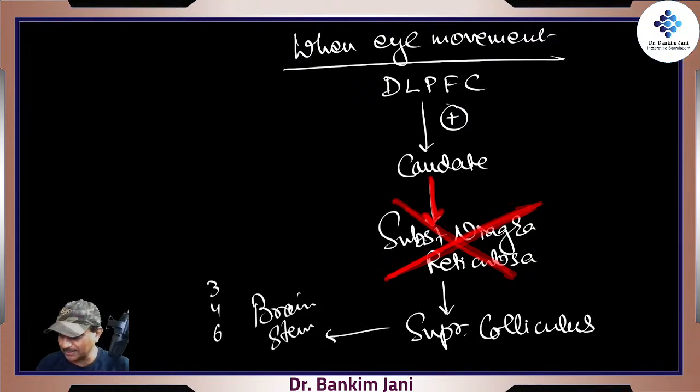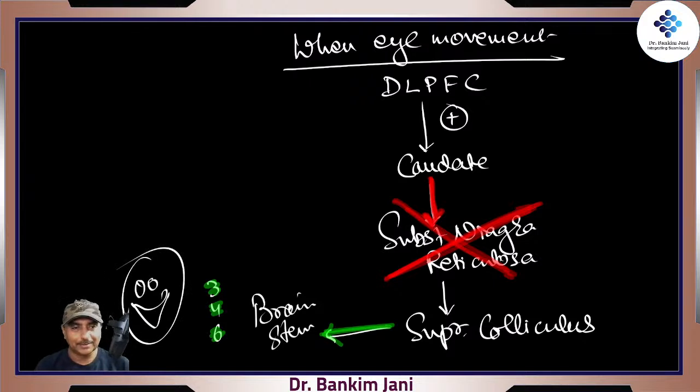The superior colliculus is now happy. It will send the message to the brainstem: go, go, go, right? 3, 4, 6. Let them work. Let them do, and let them see. So that's what we see, right? This is deliberate, and when it is done, this is called the disinhibition